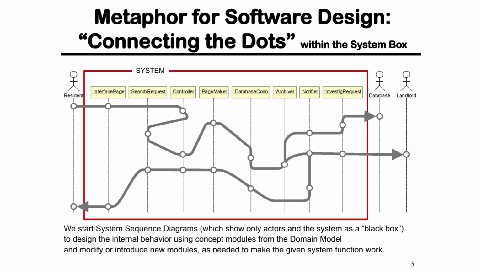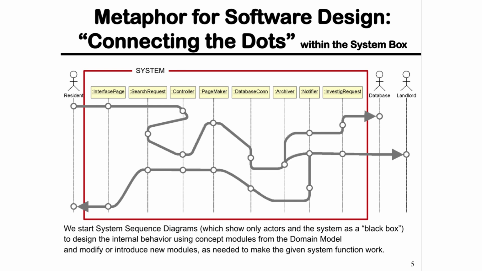So there is this metaphor for software design, a metaphor for software design. By that we mean a very good exemplary term that describes what we are supposed to do while building or designing software. It's called connecting the dots. Okay, so assuming we have a system as a box and everything inside that system is modular, since we have already said software engineering is all about implementing a divide and conquer approach, that divide phase of the software engineering process creates modules. And software design is all about connecting those modules, or connecting